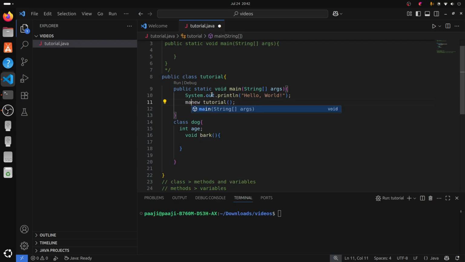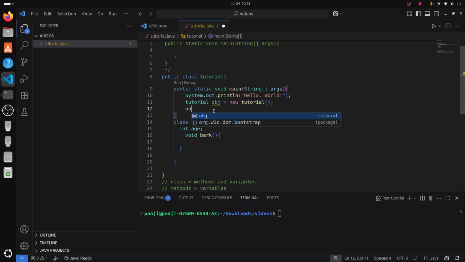Let's call it obj, so tutorial obj is equal to new tutorial, and inside this class we have an embedded class, we have this class. So we do obj dot,